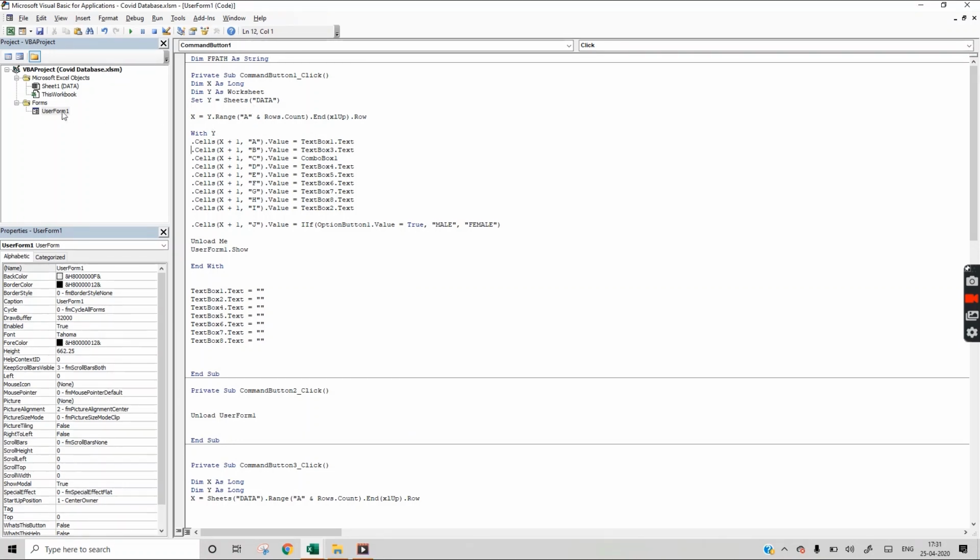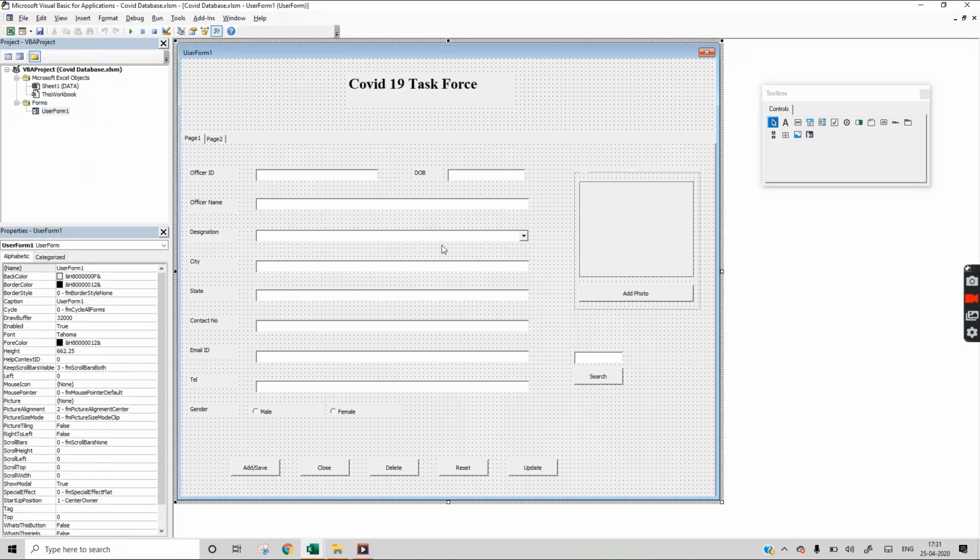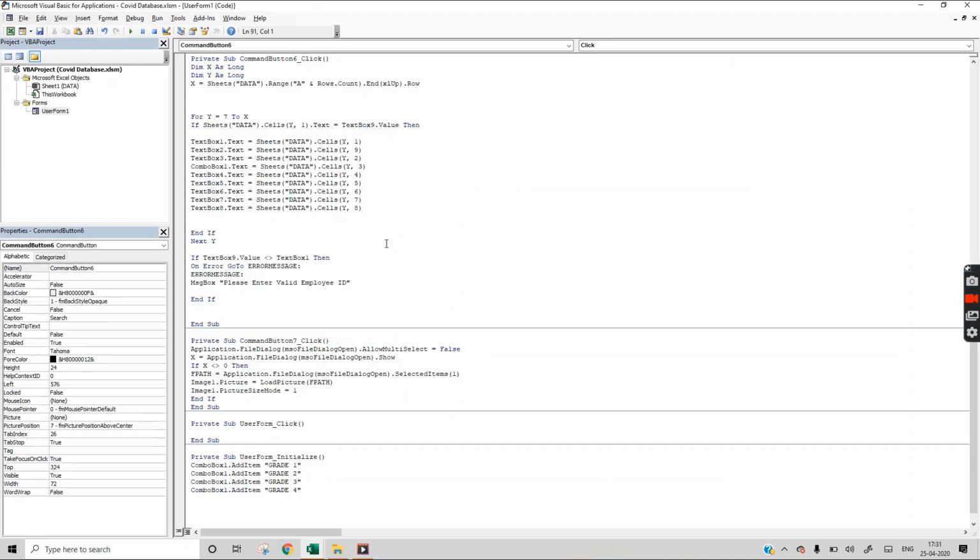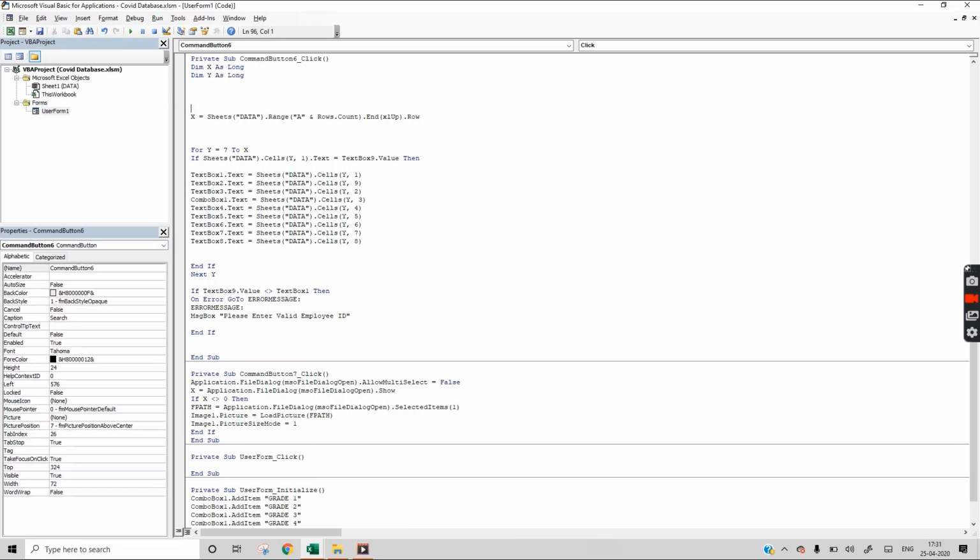We also want that whenever we press search, we also see the picture of that person here. So for that we also have to change some coding in the search button. Dim y As Long, then write code here only.